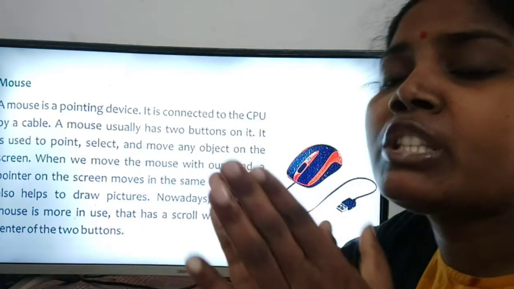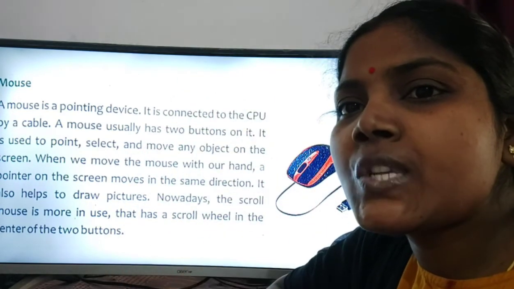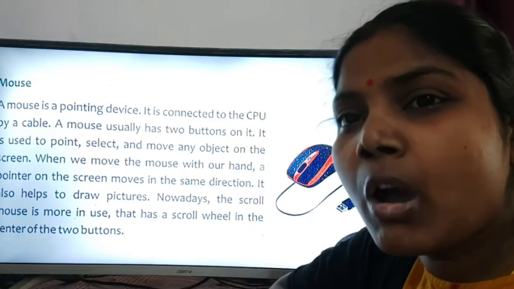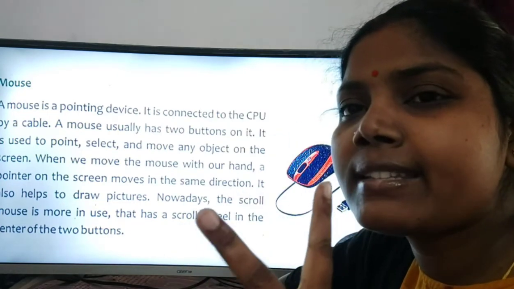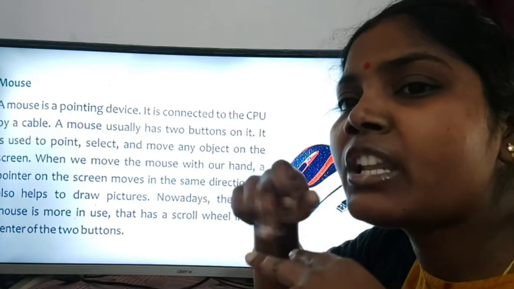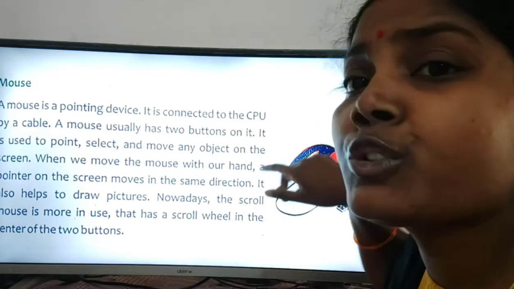So for which purpose are we using the mouse on a computer? The mouse has 2 buttons, right click and left click, and in the center of the 2 buttons we have a scroll.